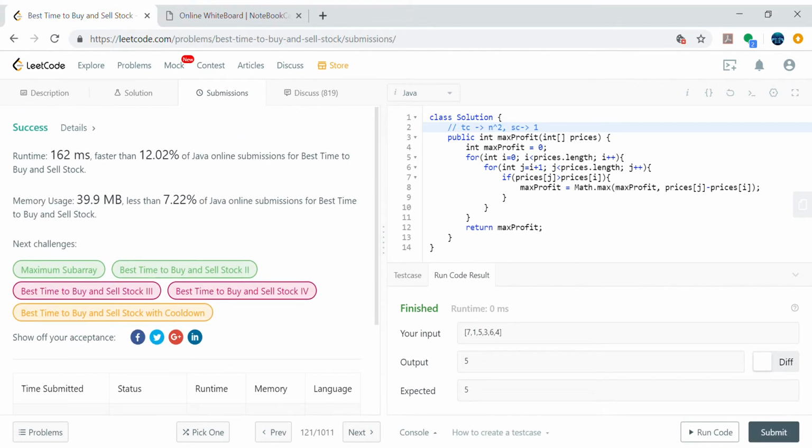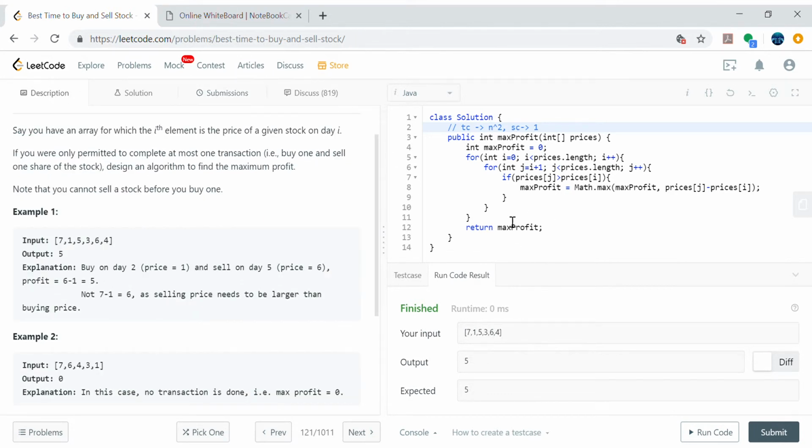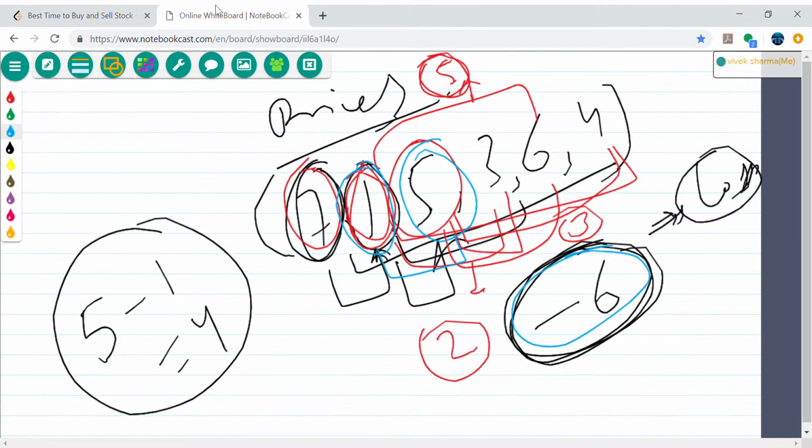So this took a runtime of 162 milliseconds, right? So let's try to optimize a bit, and let's see if from n square complexity we can optimize it to the linear complexity, that's the order of n, right? To do that, we need to observe the pattern, like how did we solve this problem with the n